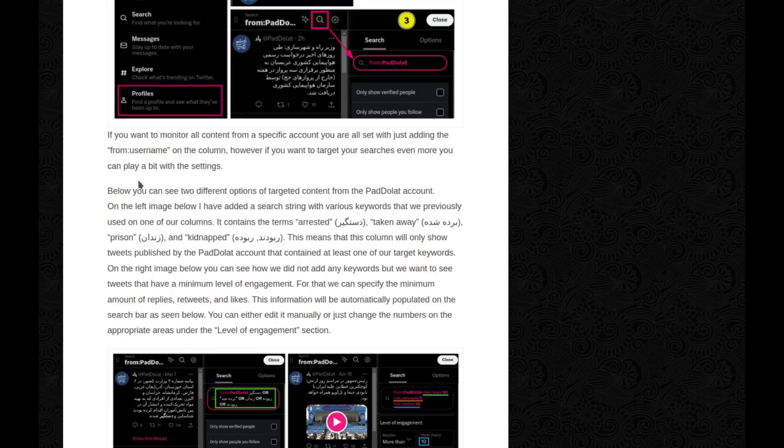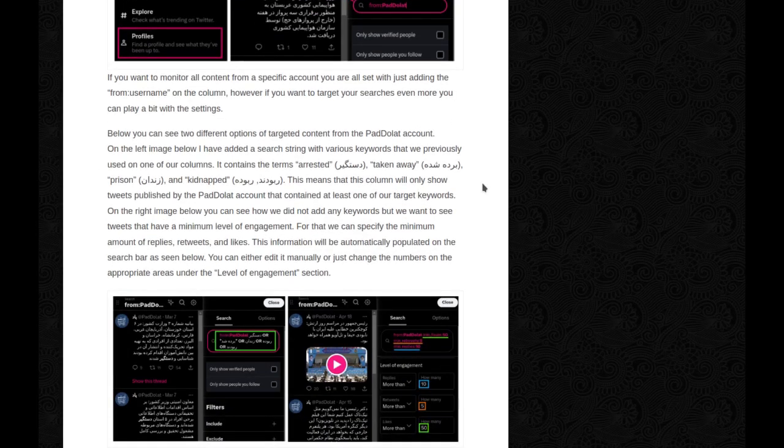settings. Below, you can see two different options of targeted content from the Pat Dolat account. On the left image below, I have added a search string with various keywords that we previously used on one of our columns. It contains the terms arrested, taken away, prison, and kidnapped. This means that this column will only show tweets published by the Pat Dolat account that contain at least one